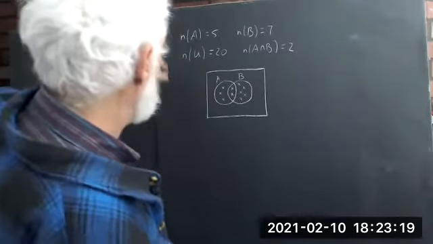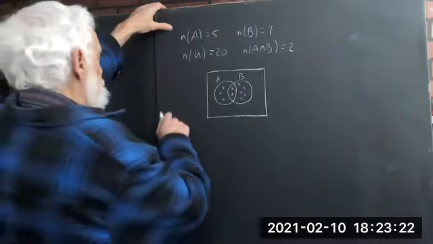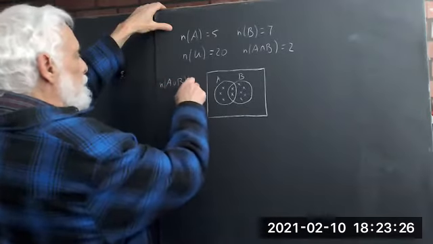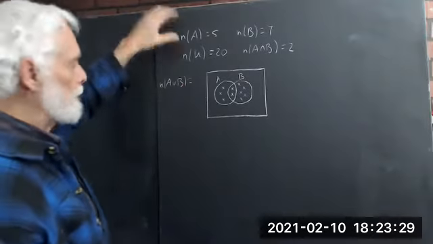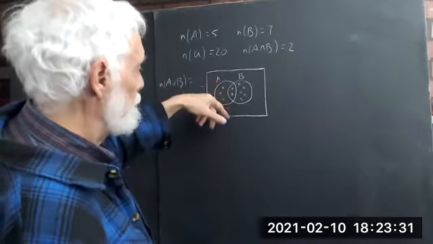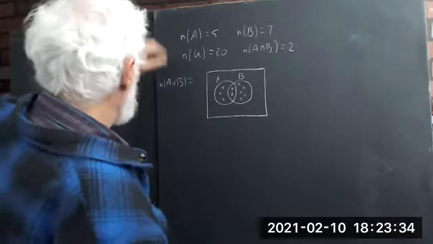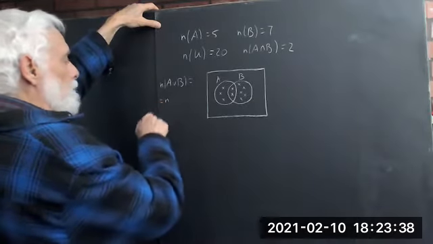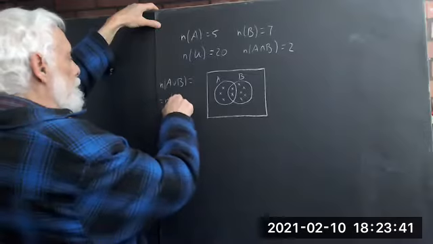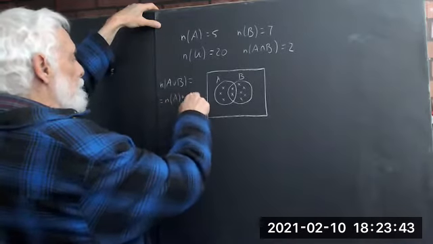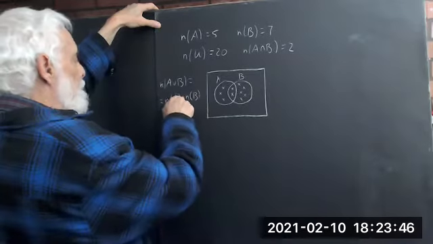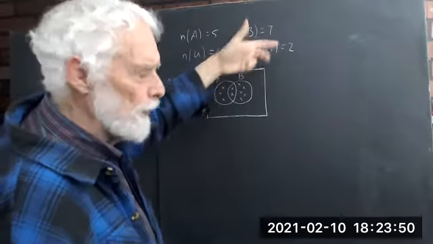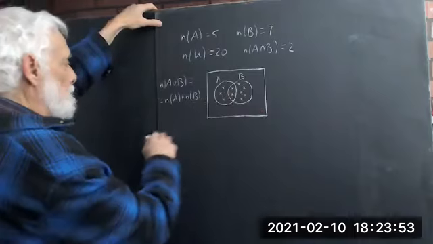Now the number in A union B is what? Well, we can count them. There's 3 and 2 is 5 and 5 more is 10. Let's do this a little more sophisticated way. That's the number in A plus the number in B. Of course, the number in A plus the number in B, 5 and 7, is 12. We know there are only 10, but we get that by saying, well,